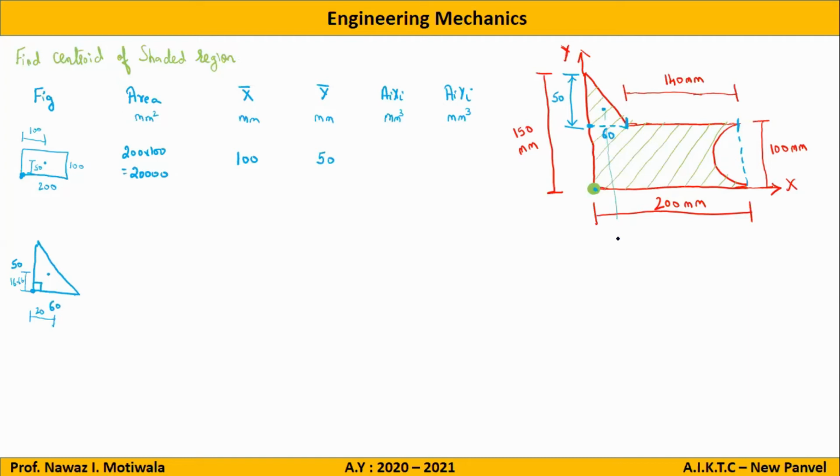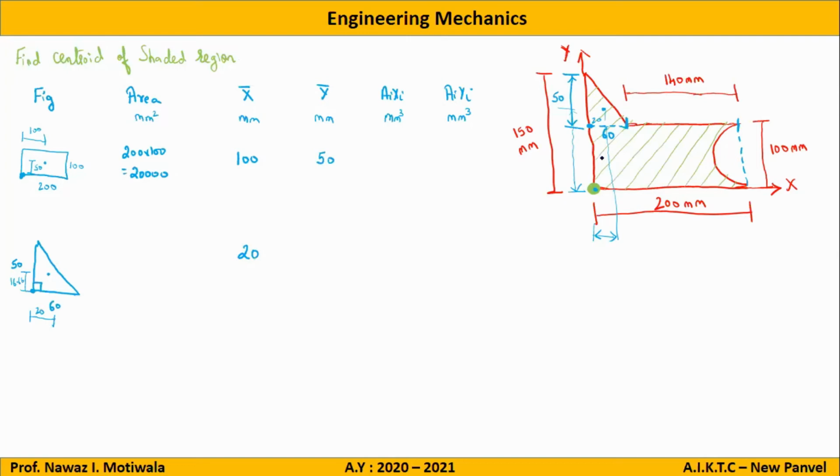I will need this distance in x, and I will need this distance in y, the total distance from here to here. Now, I want to reach from this point to this point. So, how much distance will I travel in x? From here to here, where is it? How much? 20. Yes, it is 20. We have already calculated this. So directly in x bar, I will write down 20.